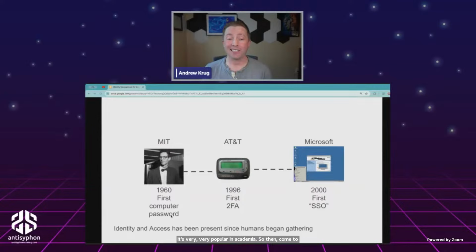And then in 1996, and I actually didn't know this before I built the talk, was the first instance of second factor auth. And it actually came in the form of messages sent to pagers. And you would go and you would type those in on a punch code phone. And then, of course, in 2000, when Microsoft released Active Directory for 2000 server, that was the first time that we really truly had single sign-on, because things started to become Kerberized, and you could pass around kind of this magic token that would get you access persistently rather than having to type in usernames and passwords when you access different file shares.